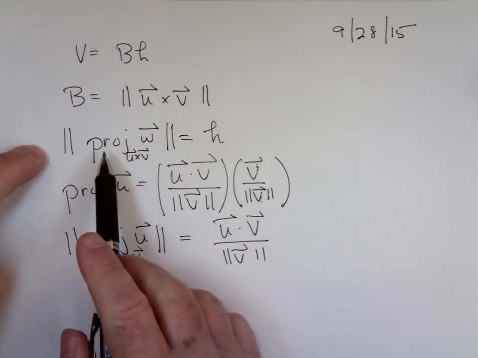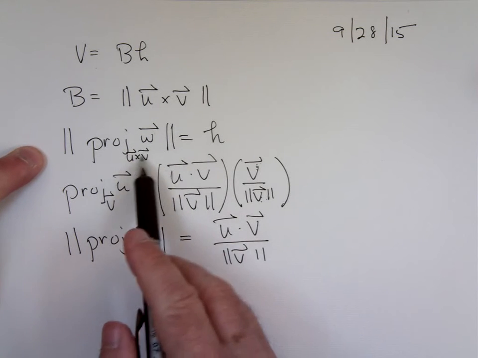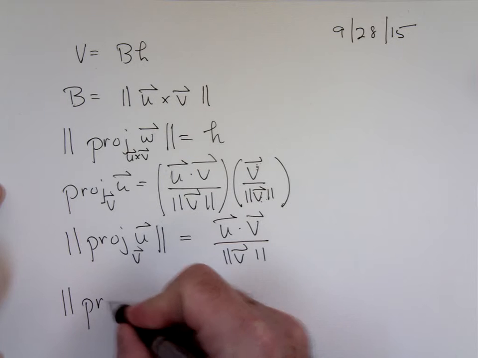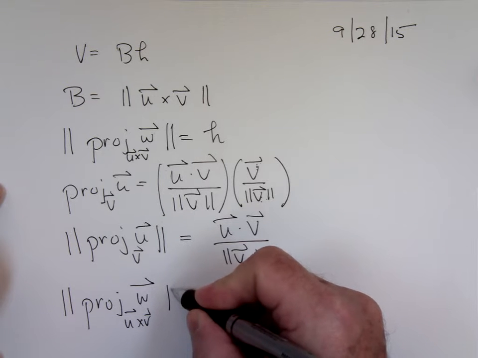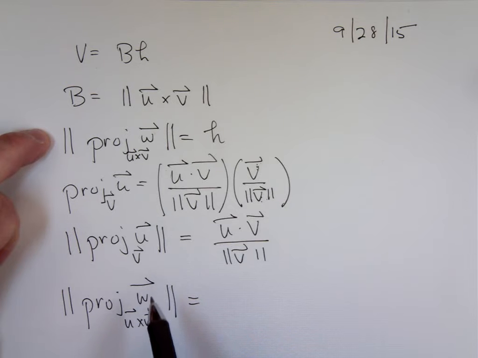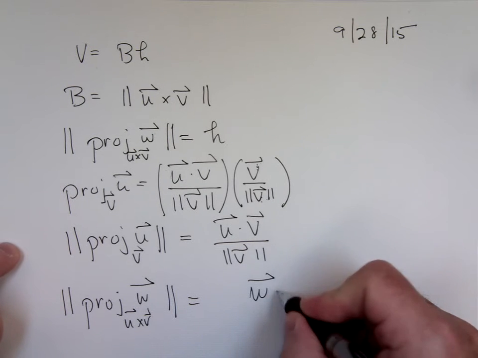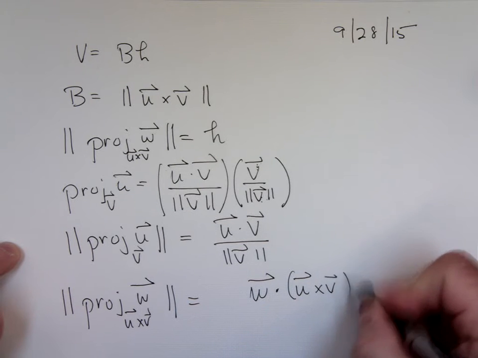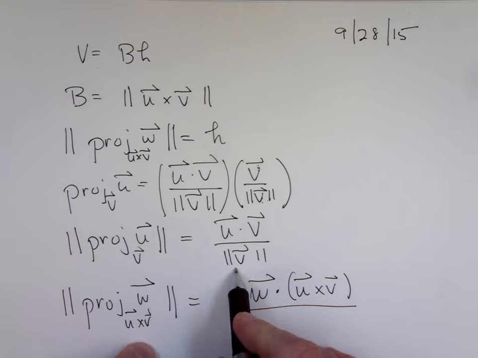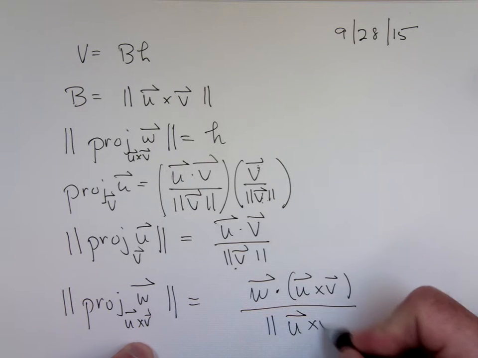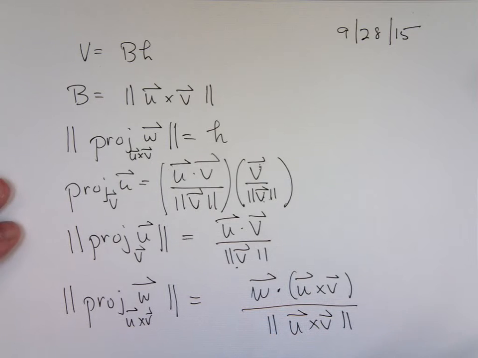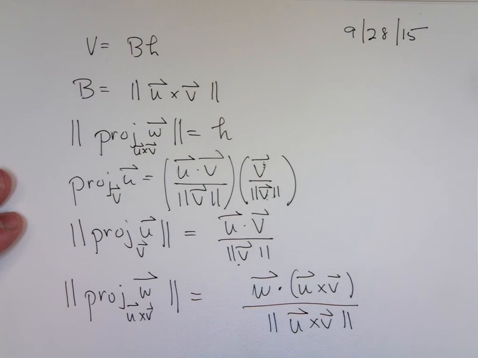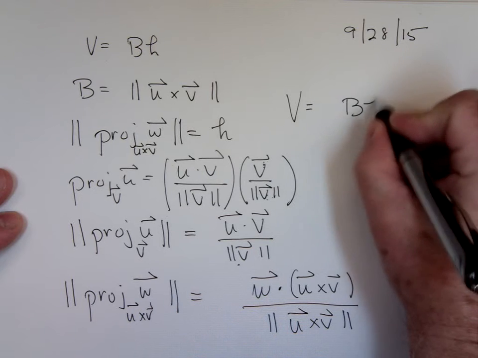All right, what do we have here? We have the magnitude of the projection of W on U cross V. That's our height. The magnitude of the projection is equal to the dot product over the magnitude of the vector being projected upon, which is our cross. This is what our height is equal to. Everybody with me on this? Therefore, the volume of the parallelepiped, which is equal to the area of the base times the height, is equal to